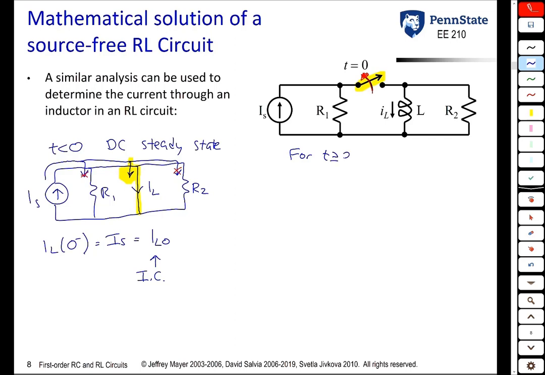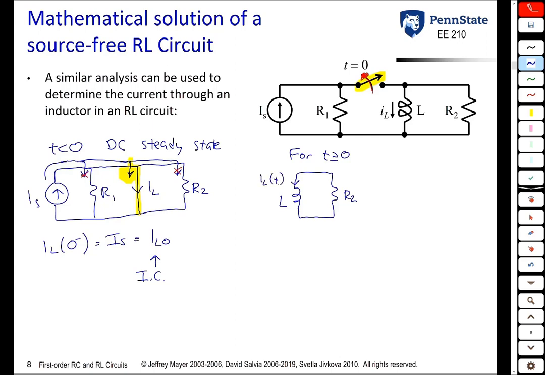After the discontinuity, after the switch is thrown, the left resistor is gone, and the current source is gone, and we just have the inductor and R2. Notice once again, just like in the capacitive case, the inductor is no longer a short circuit, it is now an inductor. It's going to have a current,